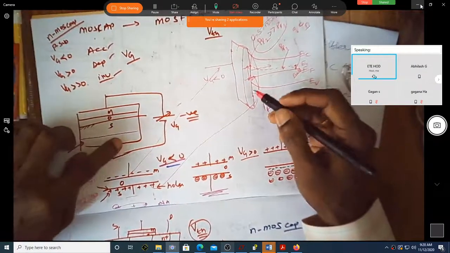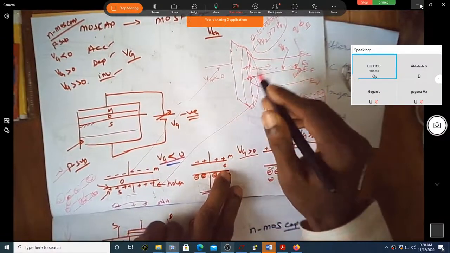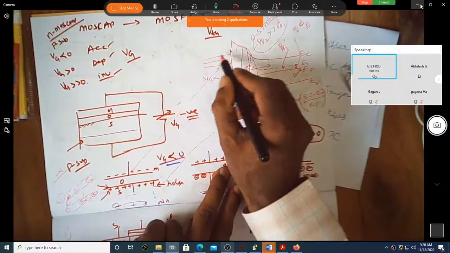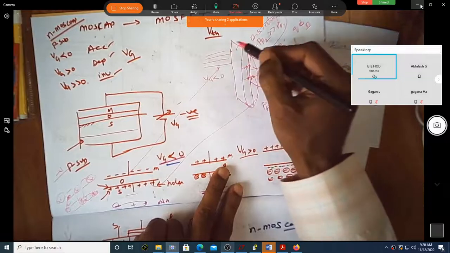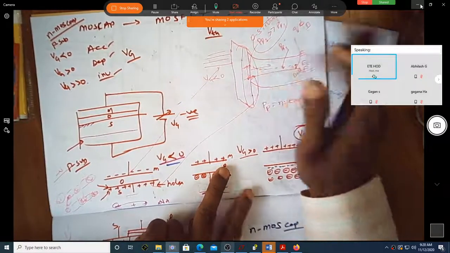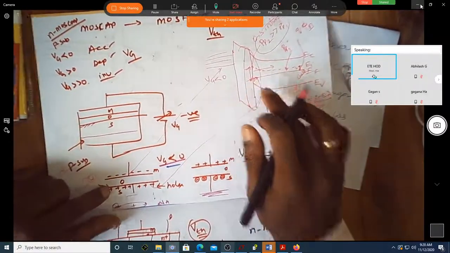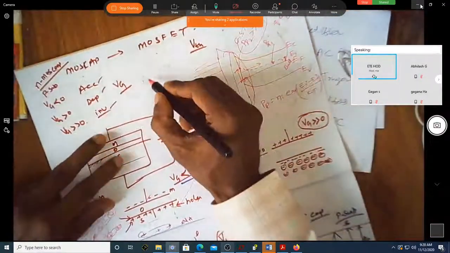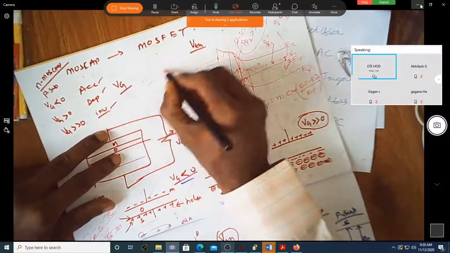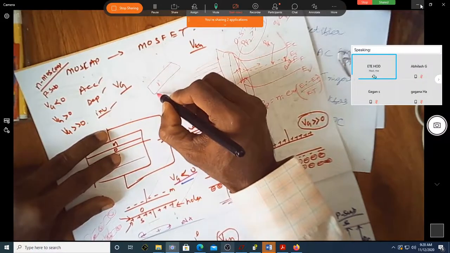This will continue as long as you keep on increasing the voltage. Meaning, if your voltage increases, then the number of holes keeps on increasing. But this is not useful. Of course, if you want to make an NMOS transistor, so you have a P substrate,